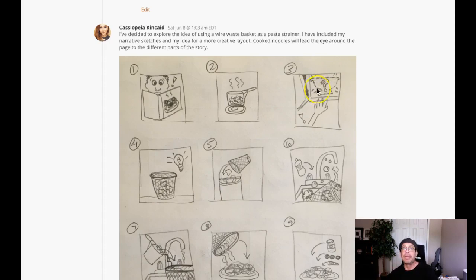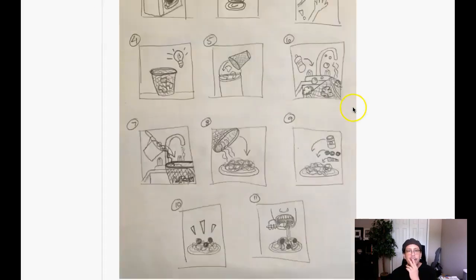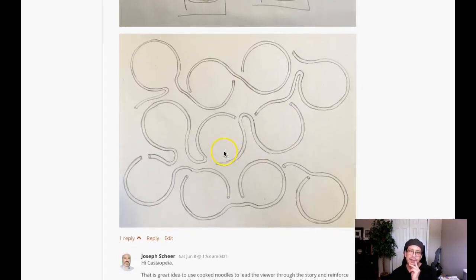Maybe pulling the colander out of the cabinet, dropping it on the floor, and it breaks. That seems pretty reasonable, right? So think about it. And again, this is great. Oh, I love this. This is so creative. Thanks for including that. That's a great idea.